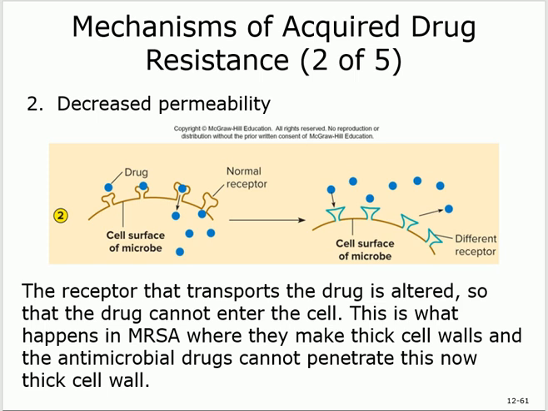So this is the mechanism that's used for MRSA. Is that clear? How did that happen? Staphylococcus aureus changed the membrane. They changed receptors in the membrane. So now, when you give methicillin, it will try to interact with receptors on the wall. It will try to enter, but it cannot do it. Do you understand this? Always ask any question you want. If it's not clear, just tell me. Okay? Is that clear? If not, just say no. I will explain it. Is that clear? Okay, that's always good to ask.